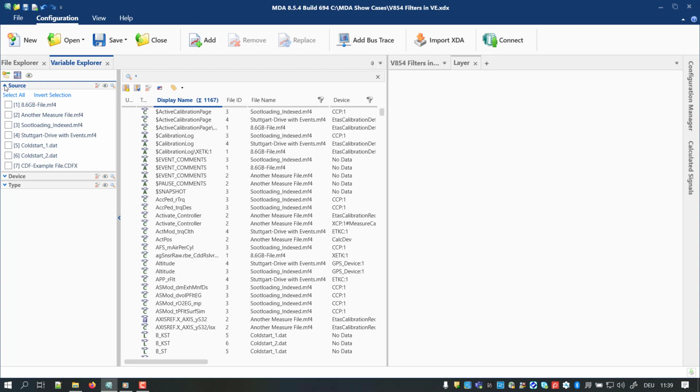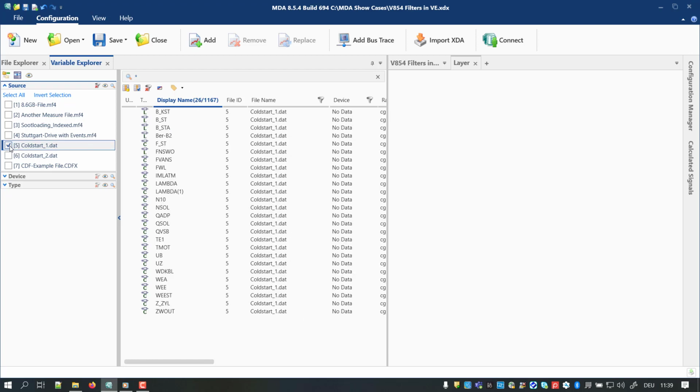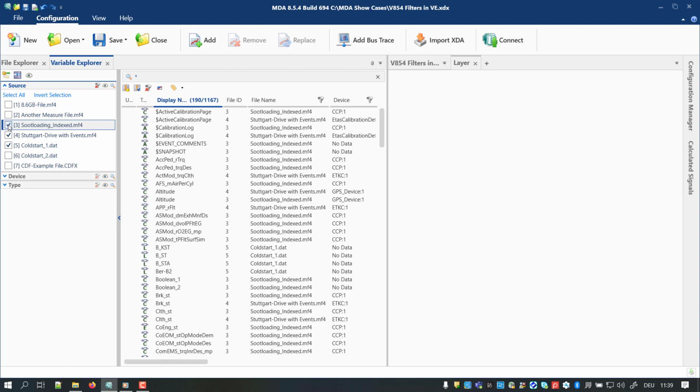With future MDA versions, more categories will be added. Within each category, the same entries as in the drop-down of the column filters are listed. A simple click in the checkbox activates the entry directly as a filter for the variables list. Especially when several entries from different categories are required, this needs fewer clicks and reduced screen space.